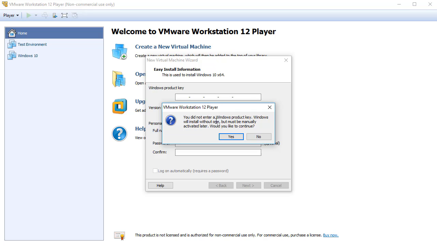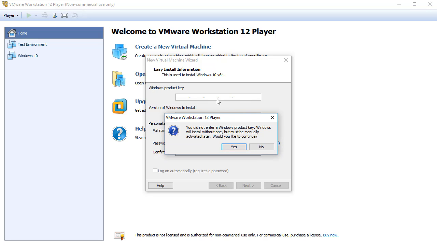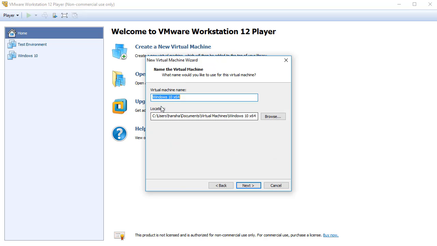and you haven't entered a product key, it says, but you can install it later. But typically you can use Windows 10 for free, at least for a month. So in order to create this test environment you don't need a product key yet. So just leave it blank. If you don't have a product key, click yes, and then select where you want to install the virtual machine,